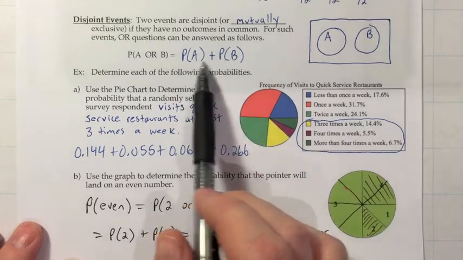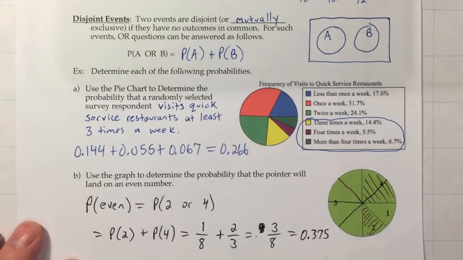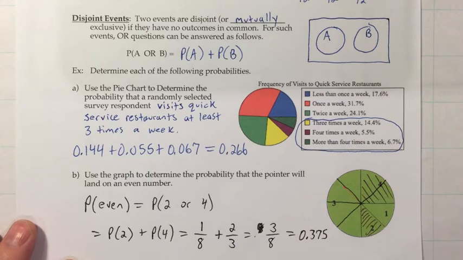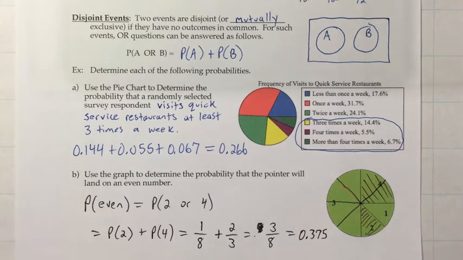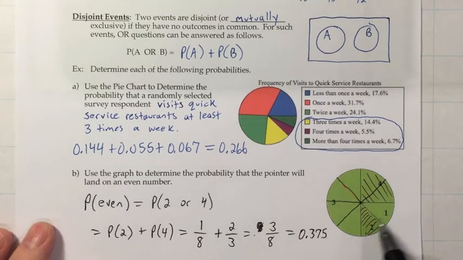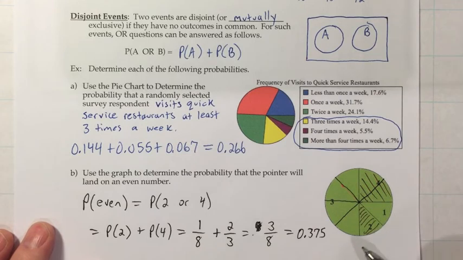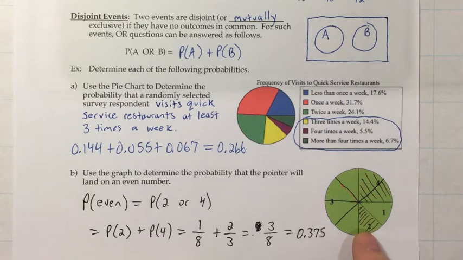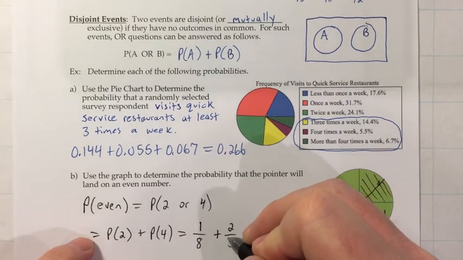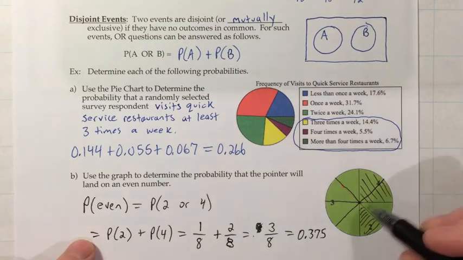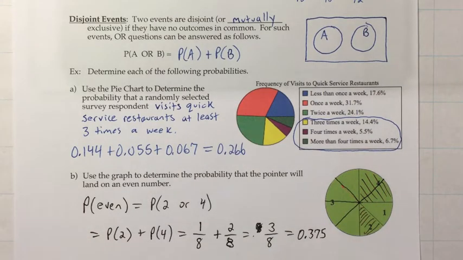And then we just added the two probabilities separately, though it is important on the spinner type situations to make sure that when you think about the probability, you're not just thinking about possibilities, but equally likely possibilities. And we get that from cutting up the spinner into equal size segments, 1/8 of which were 2, 2/8 of which would be the 4, for 3/8 altogether, or 37.5%.